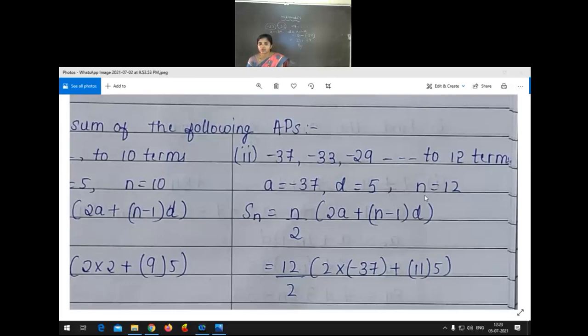Do you have any confusion regarding this? If you have any confusion, you can speak. Otherwise, we'll continue. Okay. Mataji, common difference is 4, Mataji. Any confusion regarding this? See, 37 minus 33 is there, no? How will you get 5 actually? Yes, everybody same answer? Everybody got the same answer?